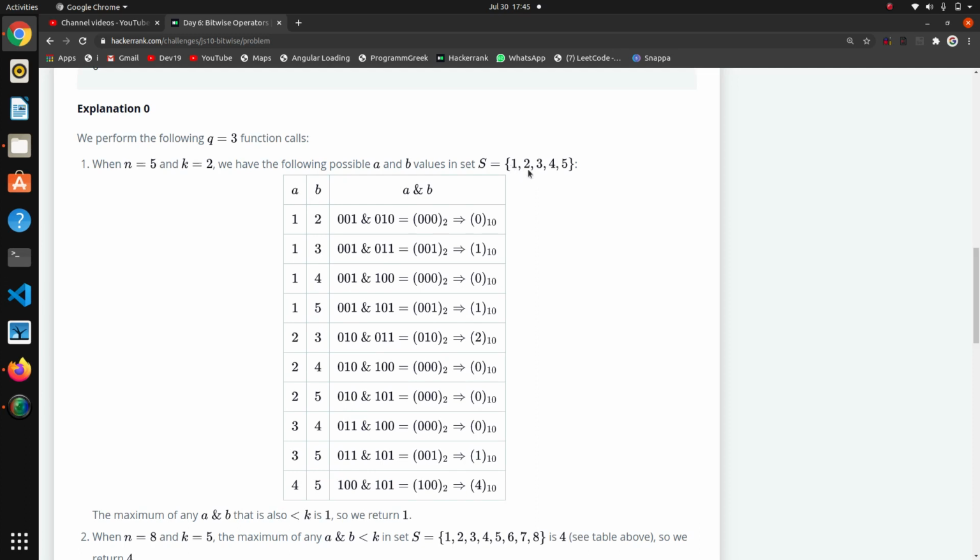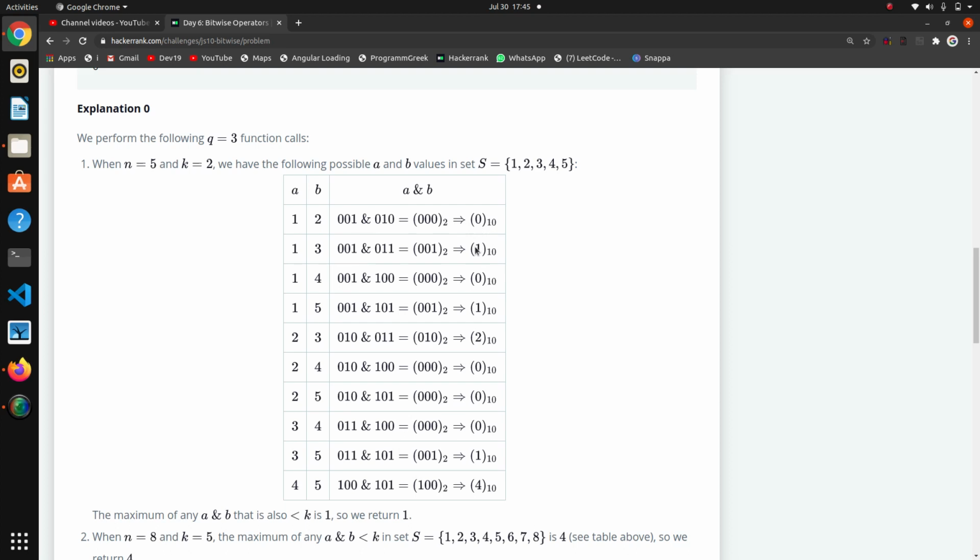So for every pair of elements like a and b, we have to compute the AND: 1 and 2, 1 and 3. For every possible pair we check the AND operator, and using that we will get some value,